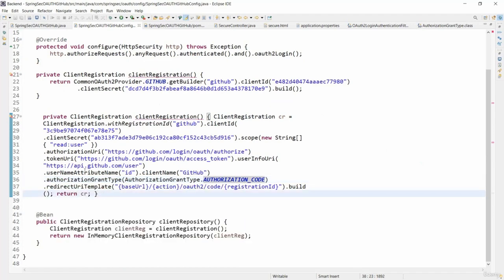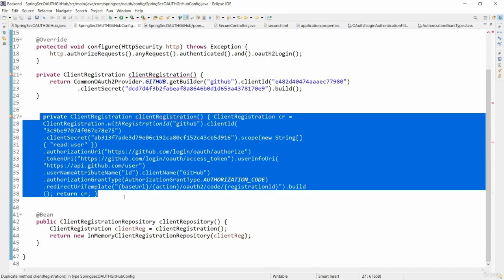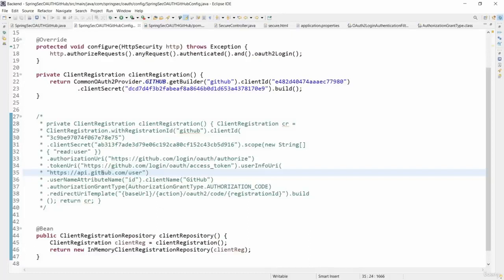But you can see here there is a lot of configuration involved with this first approach. So due to this reason, most folks don't use this, but this approach is useful whenever you are building the auth server inside your organization only. But if you have a scenario where you're using the most common auth servers available in the industry like GitHub, Google, Facebook, then there is a simple approach where you just have to create a method client registration and leverage